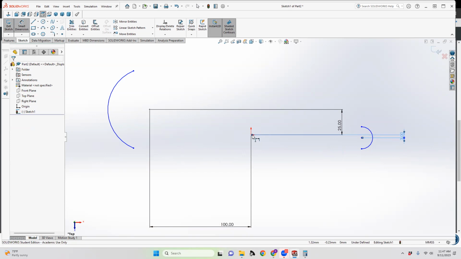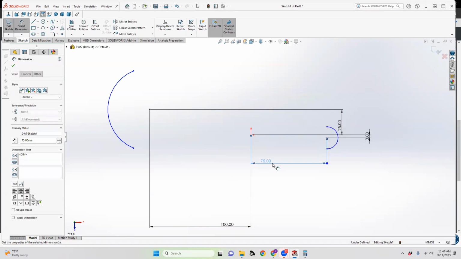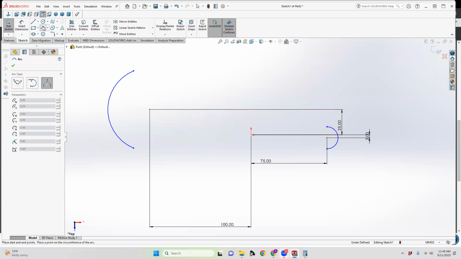Sometimes you have to grab that smart dimension tool again. It'll get a little confused, so you have to tell it that point to that point. Maybe that only needs to be 75. Okay. A couple of the points that I'm going to work on to make a connection here is I'm going